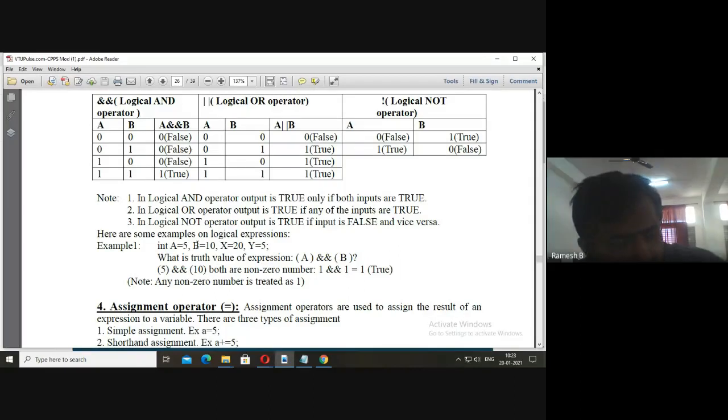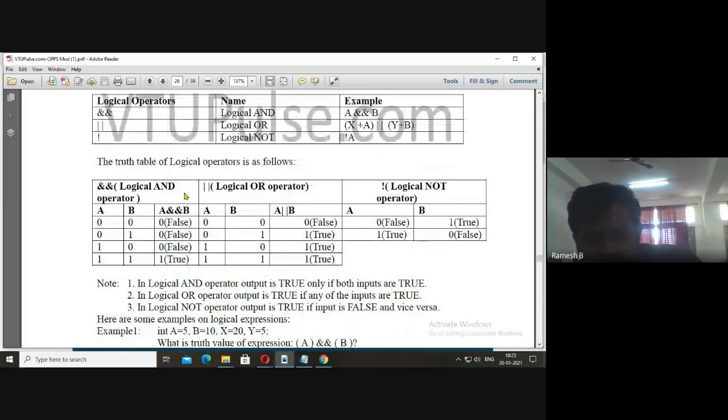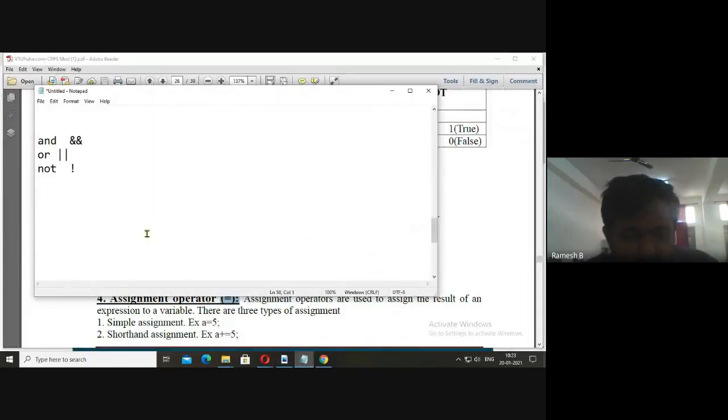You see there? I have explained logical AND, logical OR, and logical NOT. Now the next operators are assignment operators. Whenever we say assignment operators, A is equal to 10.